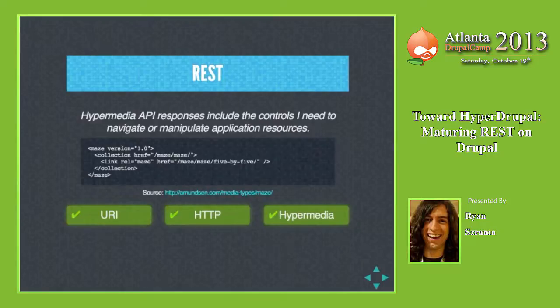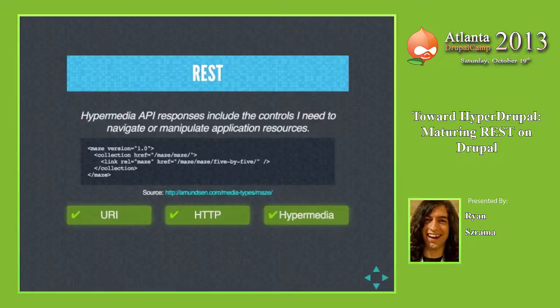So a hypermedia API response, whether it's HTML or some custom XML-based media type or a JSON-based media type, is going to give you the information that you need to make follow-on API requests. As an example, I might start at the front page, the home page of this API, and I would say, hey, get me a list of all the products.